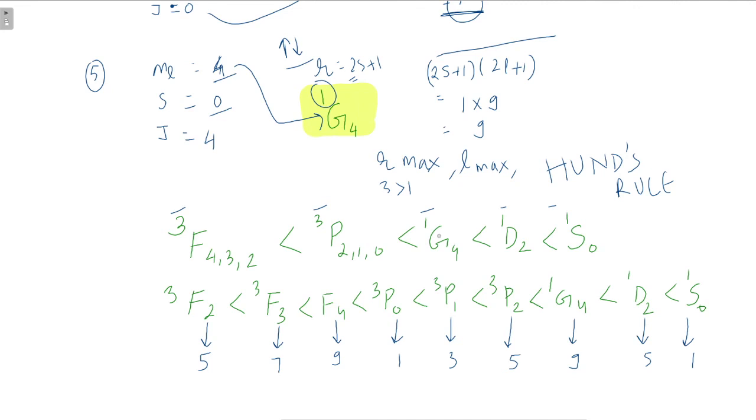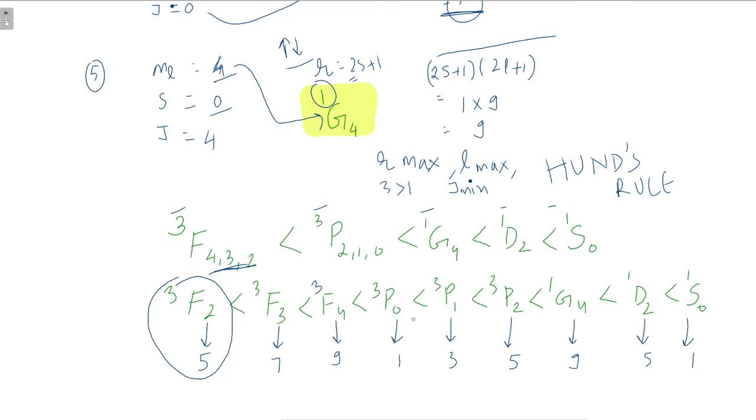So accordingly we'll consider the value of J as the minimum value. The third rule is J should be minimum. So 4, 3, 2, which is the smallest? 2, so that will be the state, right? This is the ground state. 2 is the smallest. So within the F terms, we have to know which one is the ground state. Even among these, 2 is the smallest. So we arrange them as 2, 3, 4, F: 3F2, 3F3, 3F4.